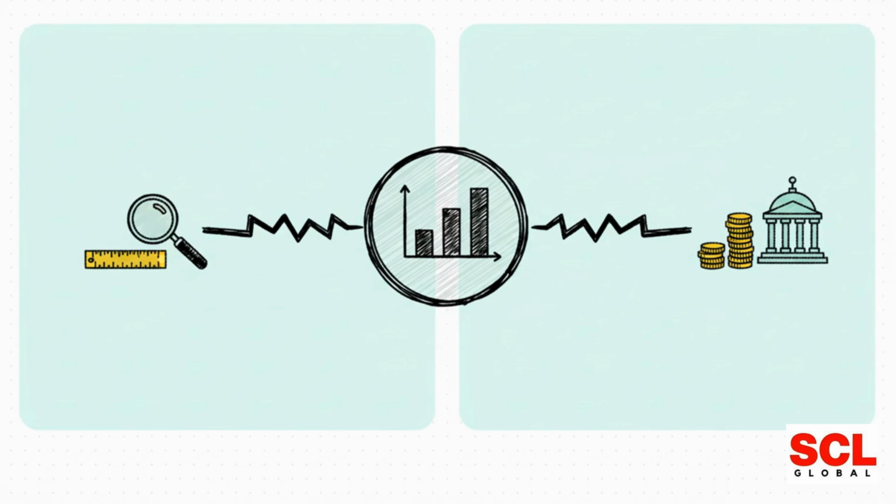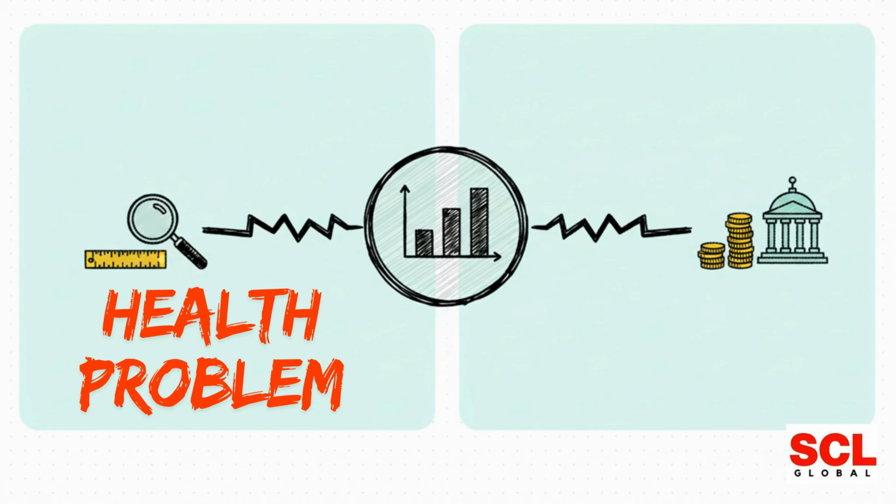Okay, so the core of the criticism is this. The DALY is trying to do two different jobs at the same time. On the one hand, it's supposed to be an objective tool for measuring how big a health problem is, like a ruler. But on the other hand, it's being used as a guide for handing out money, for deciding who gets help and who doesn't. And the critics say, wait a minute, those two goals can be in direct conflict with each other.